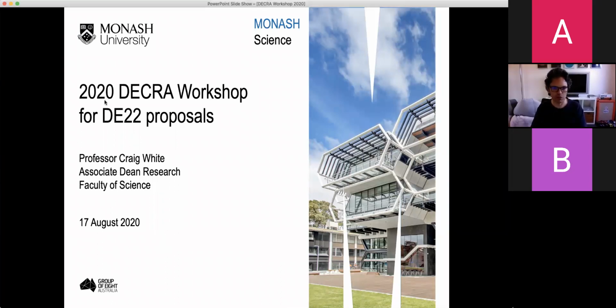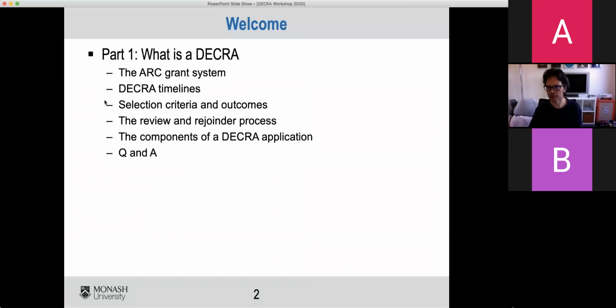I'm going to do this workshop in two sections. We've got it booked through till 5. I don't know if it'll take that long, but it gives us plenty of chance for questions afterwards if we have them. The first section is about the nuts and bolts of a DECRA application: what the ARC system seeks to achieve, what the timelines are, and what they're looking for in the application in terms of how the different points and scores are awarded, and the various bits and bobs that go into it.